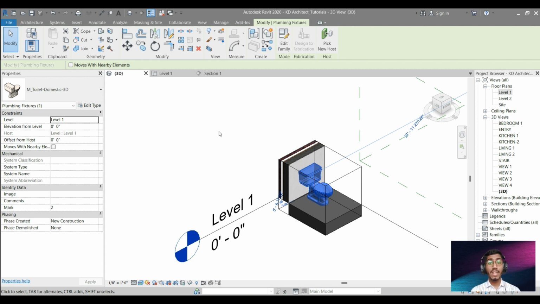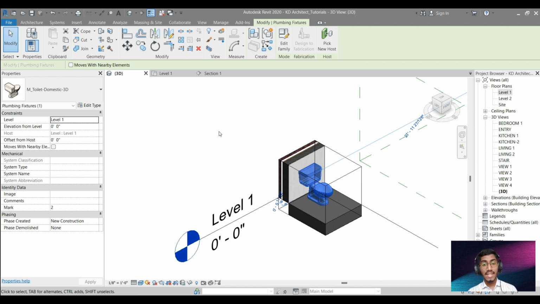So it's a similar kind of section box, but in the selection box you can select an object or any element in the model, and you can see it in the 3D view. And in the section box you can crop the boundaries of the whole 3D area, and you can see the scope of your work in the Revit model. So that is the basic difference between selection box and section box.